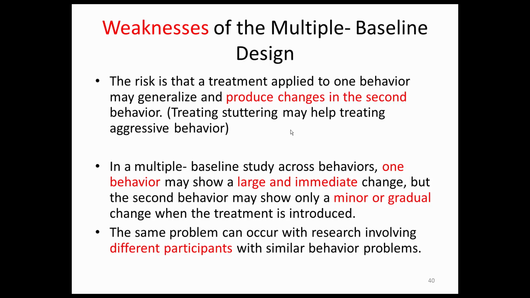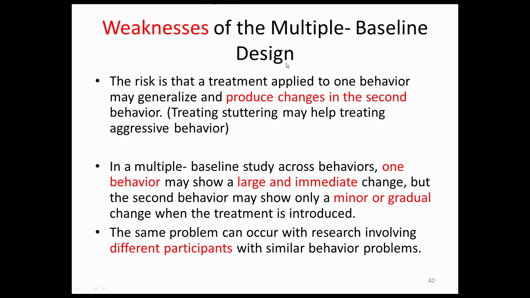So when you look at the graph, in this case, the graph may mislead you and you may think that your treatment is not working for one of the behaviors. And finally, the same problem can happen in cases that involve different participants. Your treatment may work fast and strong on one case, and the other participant may show a slower or weaker performance or change. Again, you have to be careful about how you interpret your graphs when you're dealing with